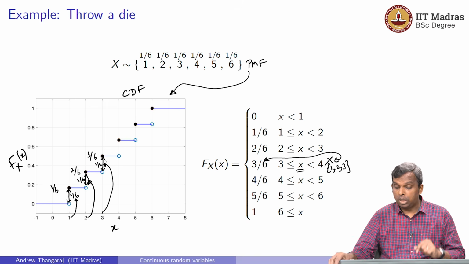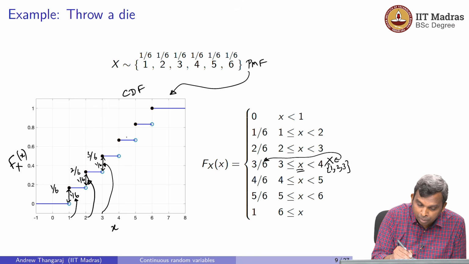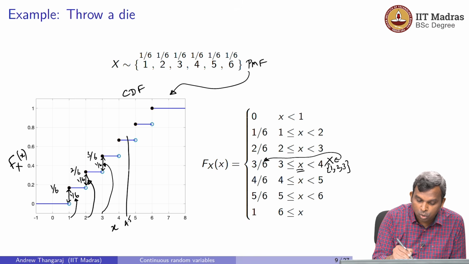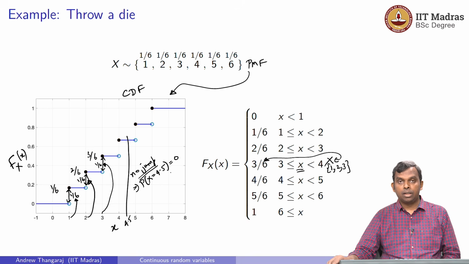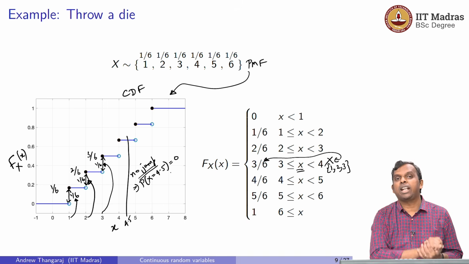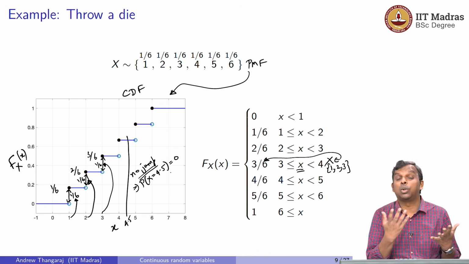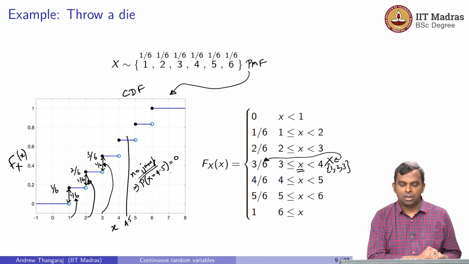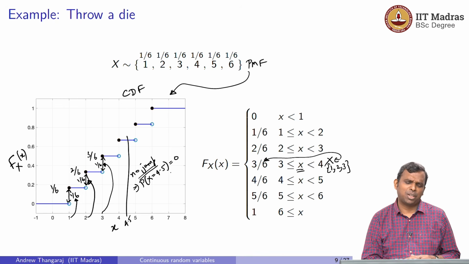Now notice when there is no jump, if you come here for instance, let's say it's 4.5, there is no jump here. That implies the probability that X equals 4.5 is actually 0, isn't it? So if there is no jump, the random variable does not take that value, it has probability 0 of taking that value. So, a nice simple plot. In some sense the cumulative distribution function is very nice for a discrete random variable,